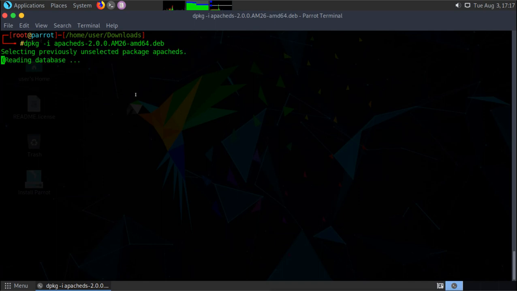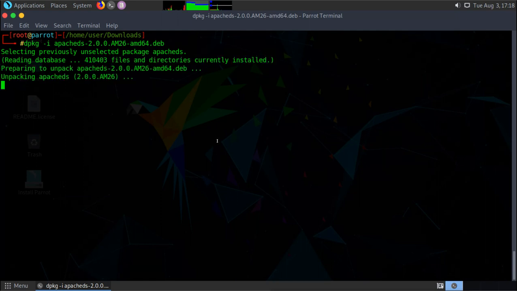And if you want to remove the package, then you will use -r. So hyphen i is for installing the package, hyphen r is for removing the package, and then we have other options which we can use. Now it is installed, and if you want to remove it, you can use dpkg -r, and this time you mention only the name of the package.